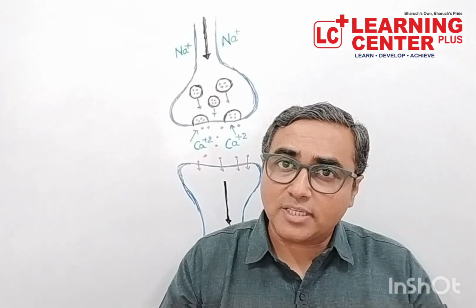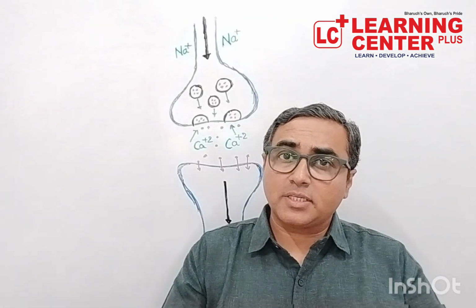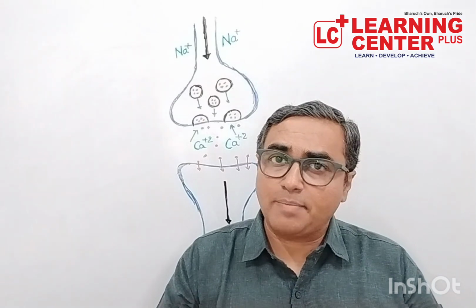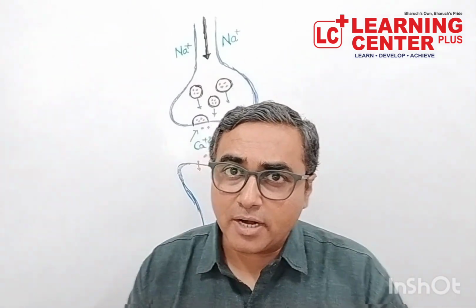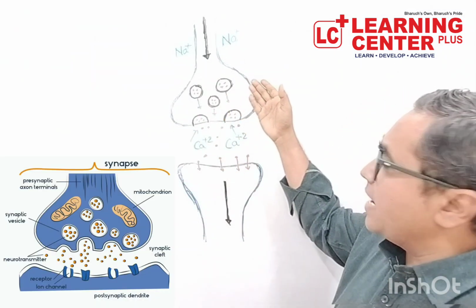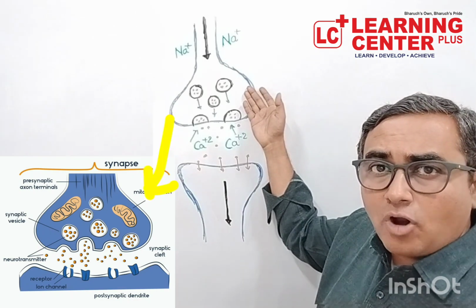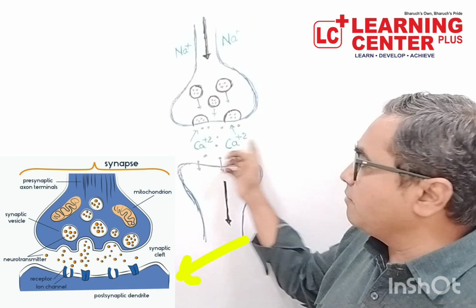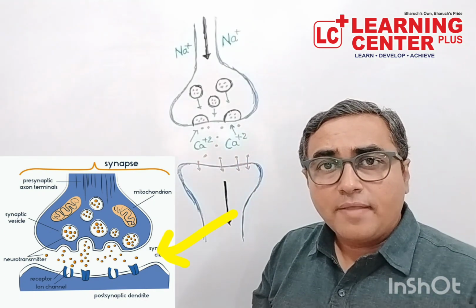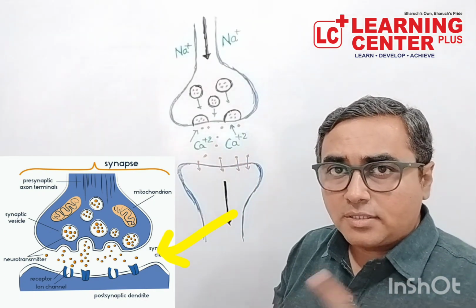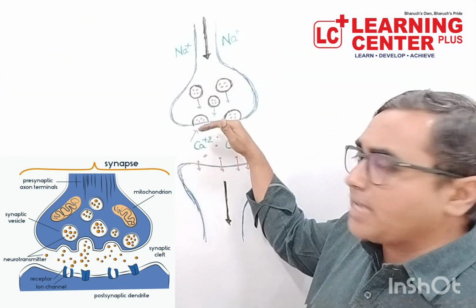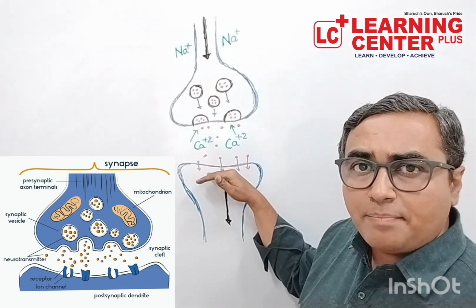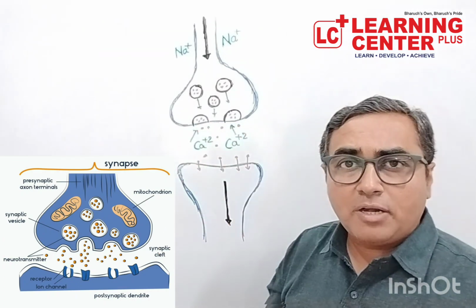Today, let us try to understand how a nerve impulse will travel through that synaptic cleft. As you can see over here, this is the axon of the first neuron. This is the dendrite of the next neuron, and in between there is no connection. This is called a synapse. Synapse is made up of the presynaptic membrane, the postsynaptic membrane, and the gap in between is called